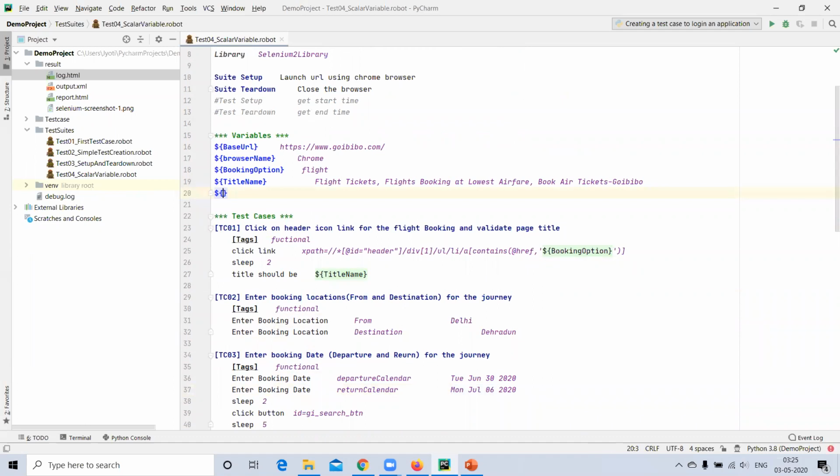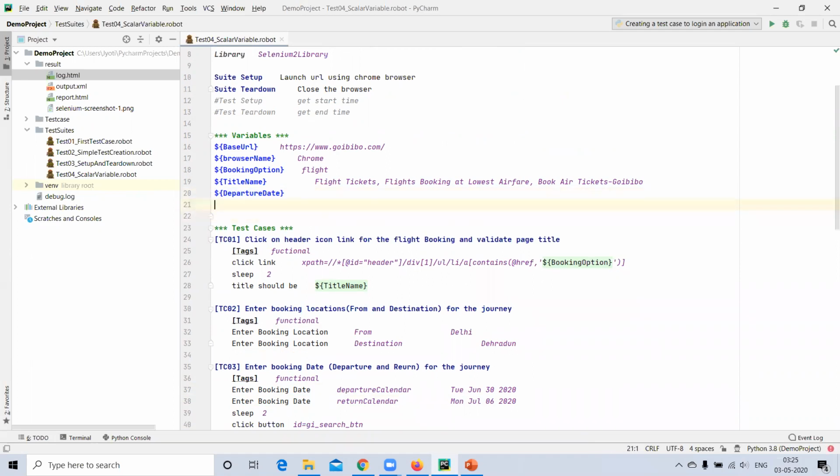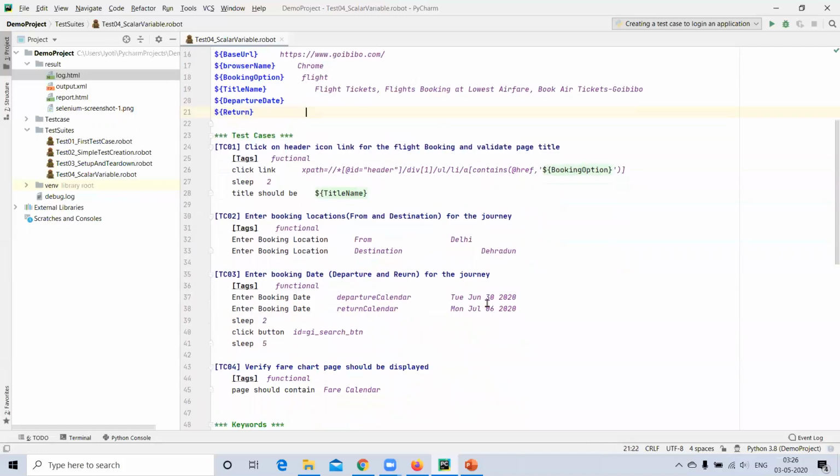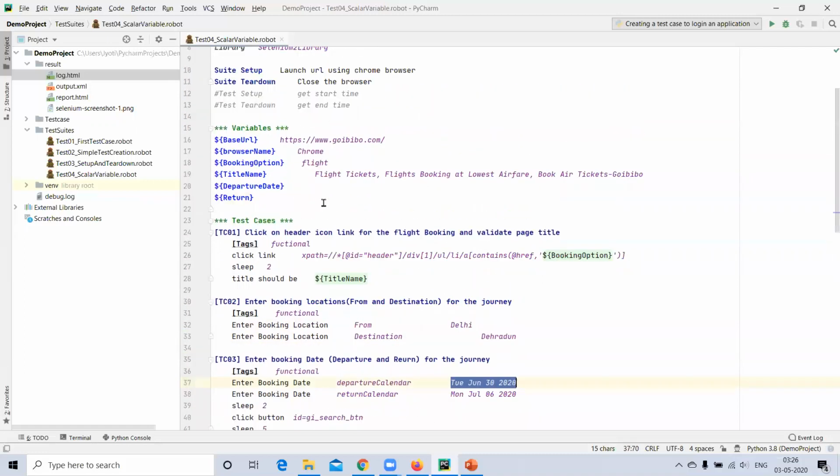So let me show you. This is departure date. This is return date. I am creating two scalar variables, and I'm just passing the value over here.